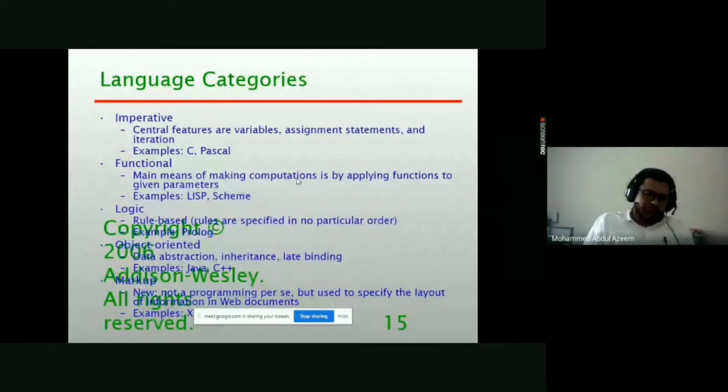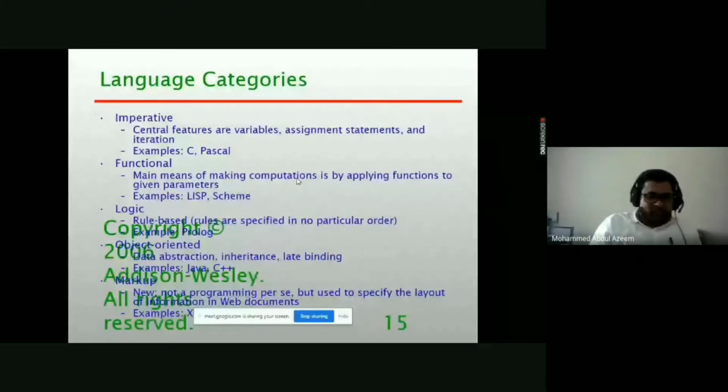We'll see the language categories. The programming languages are often categorized into four bins, right? The imperative languages, functional languages, logical, and object-oriented, right? The central features of imperative programming are variables, assignment statements, iterations, right? Imperative languages like C, C++,